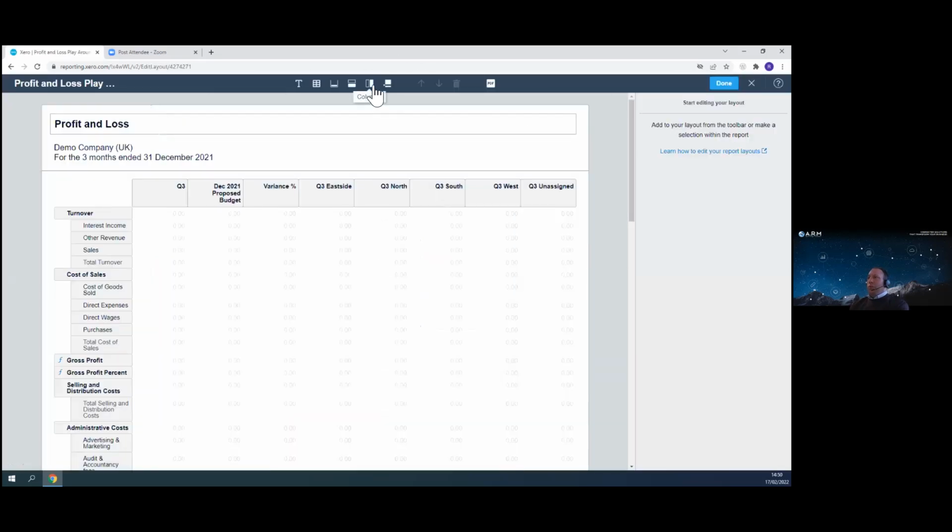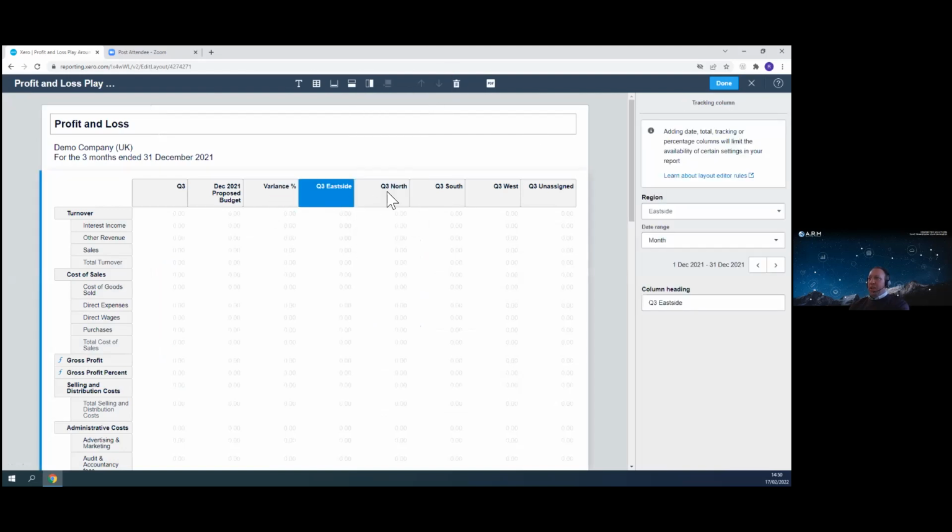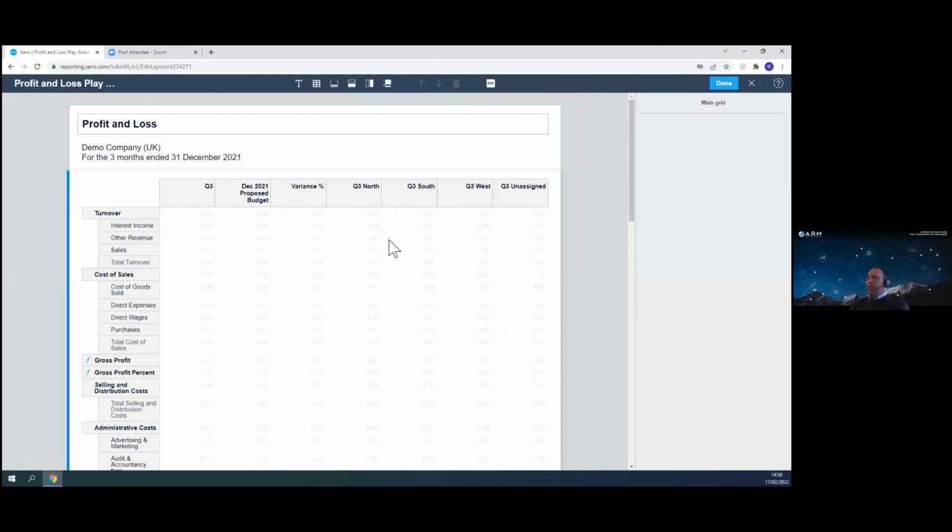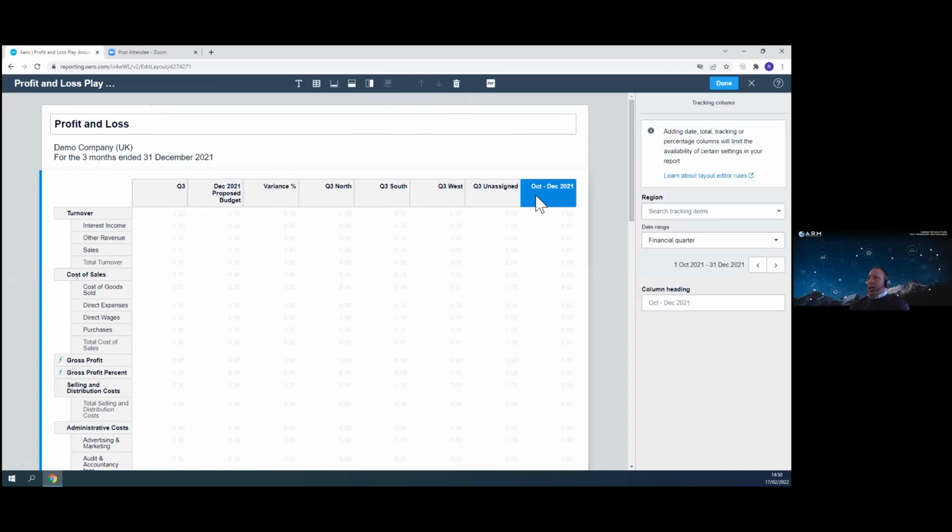You can add a column very quickly, whether it be a formula column, budget column, percentage, which is what this is for the variance, or your regions, as I've done here for East, North, South, and West. And it's as easy as deleting one, adding a region, and it will pick that up automatically because you've put in your tracking. Search tracking items, decide which one you're looking for, whichever one I just got rid of, east side,